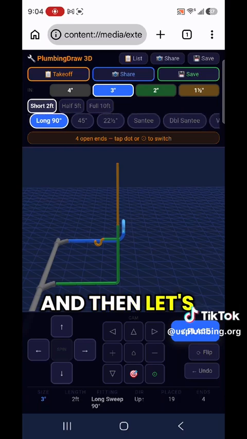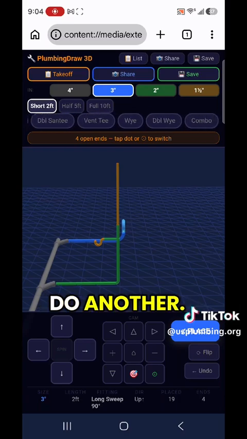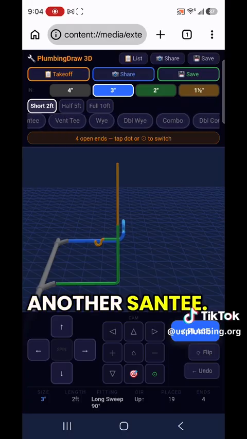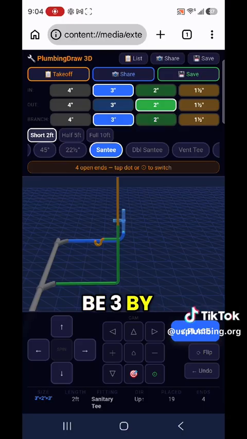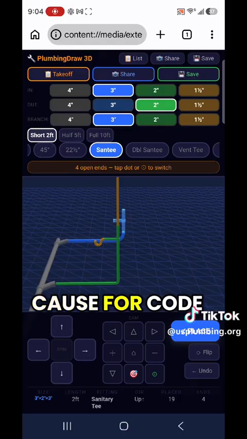And then let's do another. We've got to do another Santee, and that would be a 3 by, left, right. Be 3 by 3 by 2, because for code you need a 2 inch